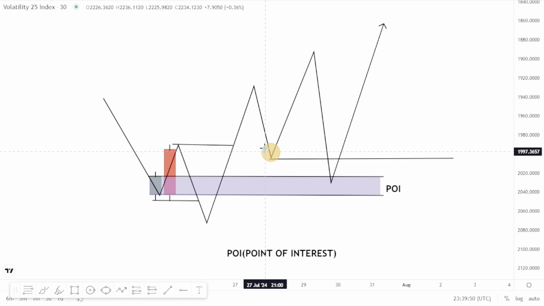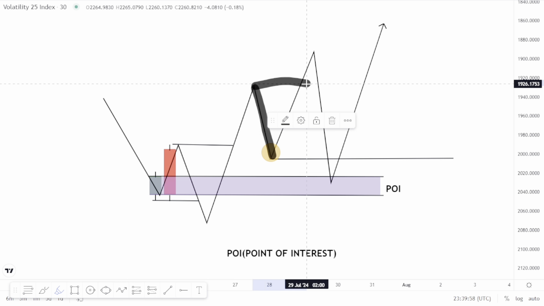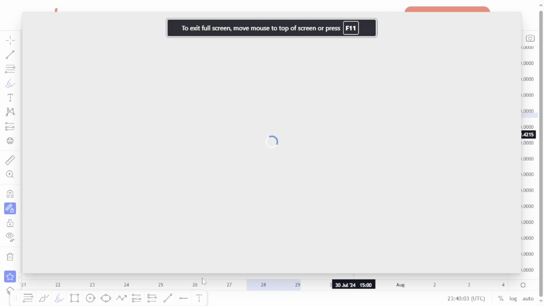After this pullback, what you should expect the market to do next is to take out this high. So you want the market to